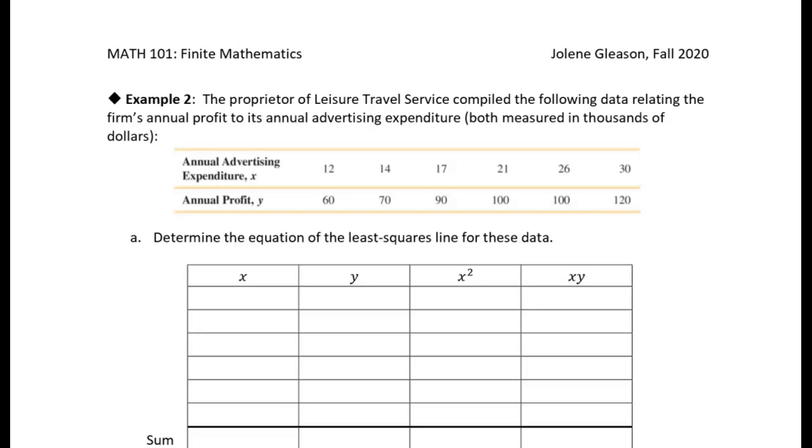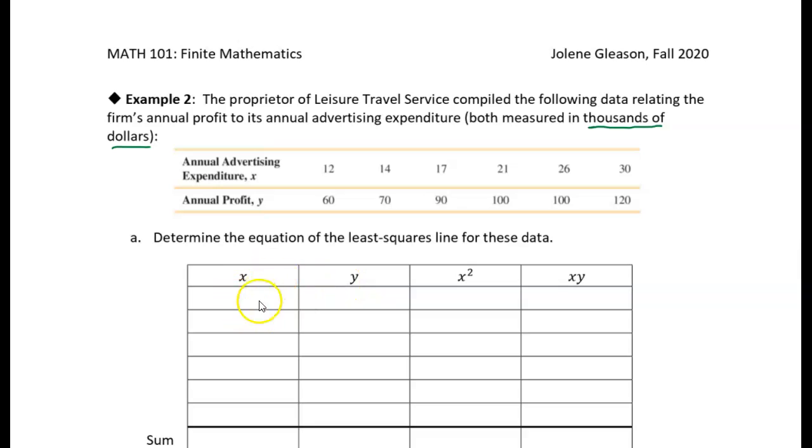All right, so in this example, Leisure Travel Service has compiled some data about their ad expenditures versus annual profit. Both of these are measured in thousands of dollars. Thousands of dollars. That's important to remember. And they're trying to find some sort of correlation between ad expenditure and annual profit. So what we want to do is see if we can find an equation for a least squares line that